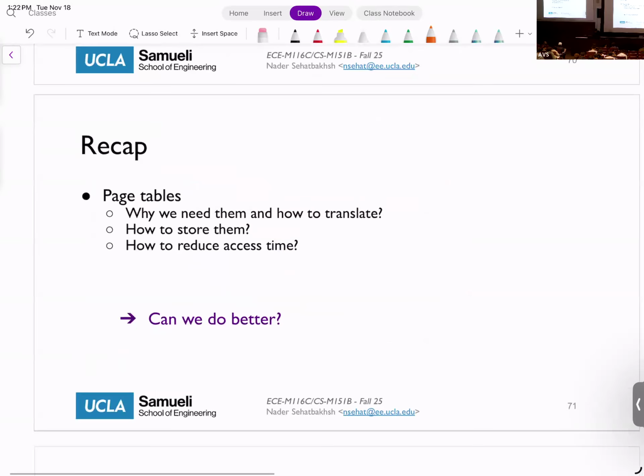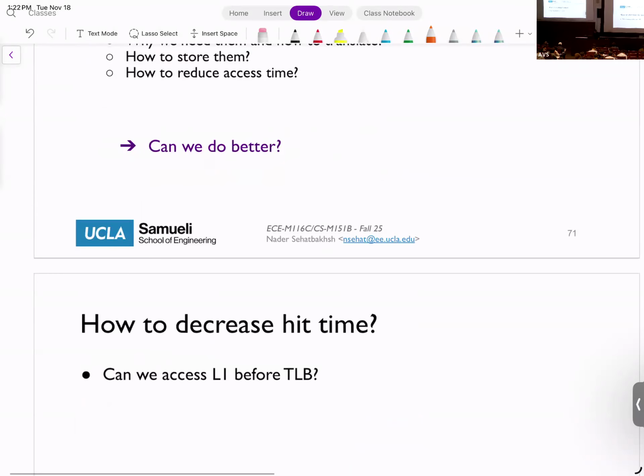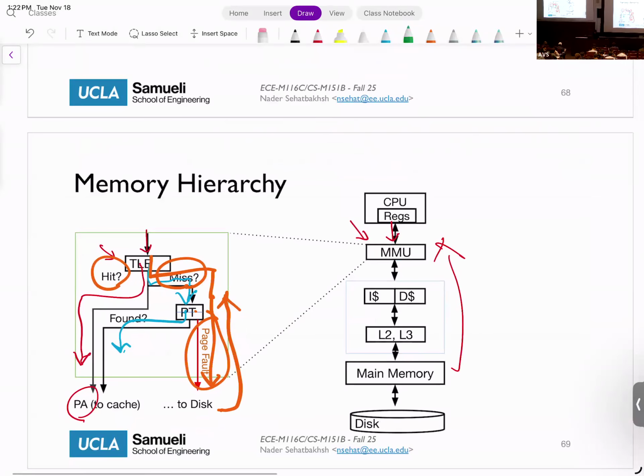Great. All right. One last thing before we finish the discussion here is, remember I told you that access time with this system is at best T of TLB plus T of L1, right? So I said that if everything goes well, that you have a hit in TLB and you have a hit in L1 cache, that's the time you're going to get. And say that if I design my TLB well, that would be 1 cycle. This would be 1 cycle. This also will be 1 cycle. So at best, I can get 2 cycle latency, even if the data is in cache.